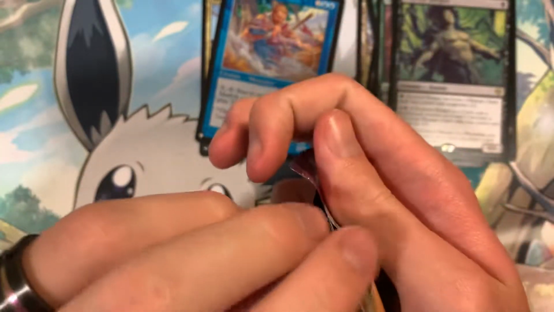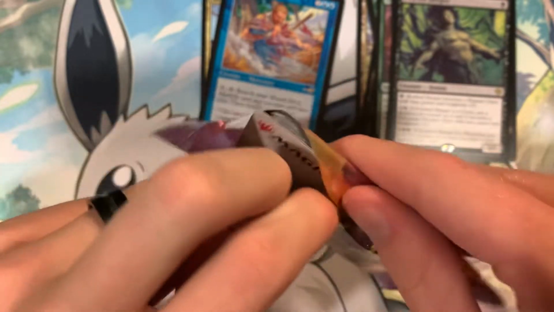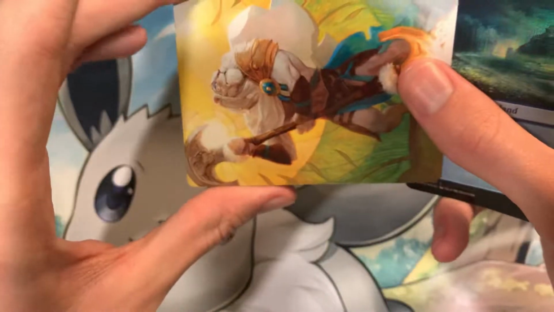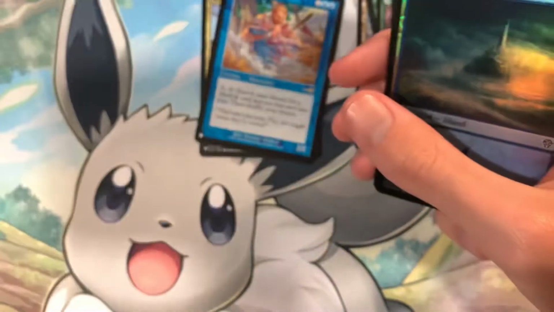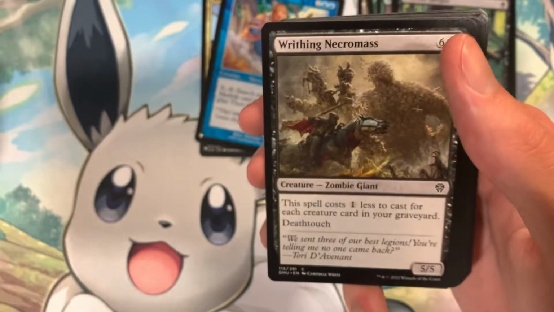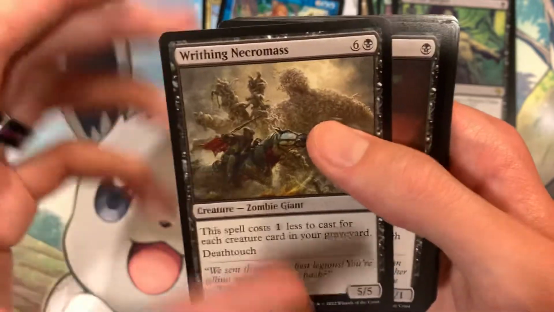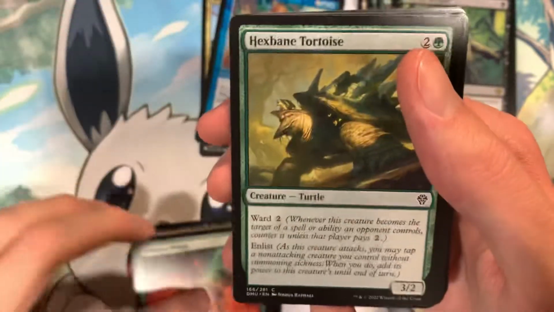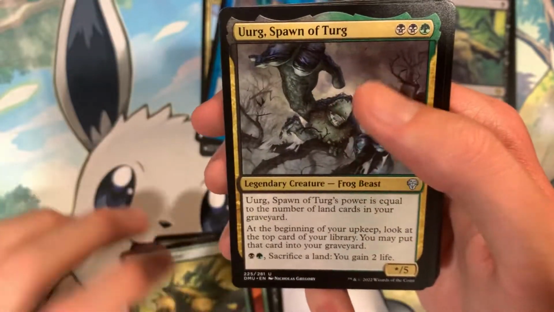Oh, just went, of course it's just a corner. All right. All right, art card of a Johnny there. Got a Hollow Island. All right, then we got Riving Necromass, Battlefly Swarm, Broken Wings, Hexbane Tortoise, Urg Spawn of